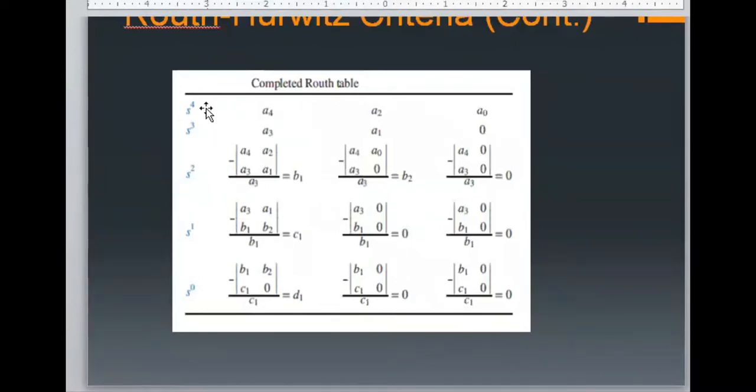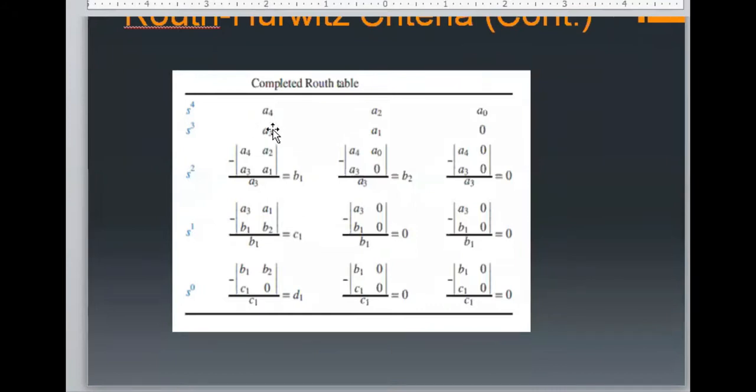Going next, you see here again the same S4 down to S0, and then these A4, A2, A0, A3, A1, and 0. This is what you have already defined previously. Now for the rest of the Routh table, how do you take the values? So here is the formula. The value just underneath, it will be with this minus sign. Then you take the determinant of A4, A3, what is immediately above it, and the next one, A2, A1,